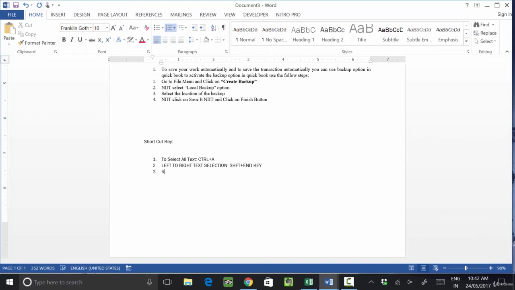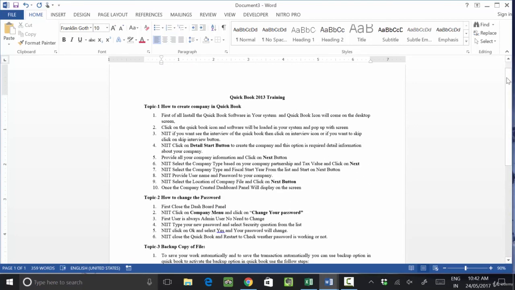And if you want to select right to left, you will use Shift plus Home key. So in this way we can select our text by using the select option.